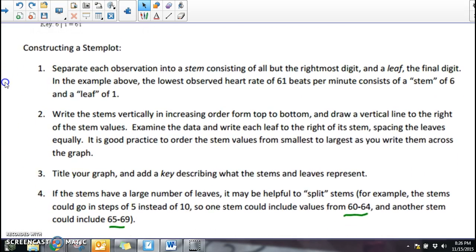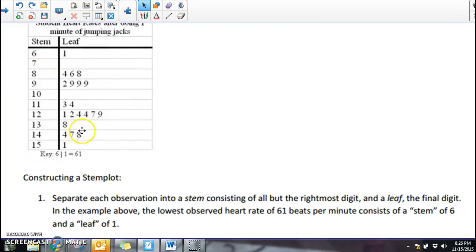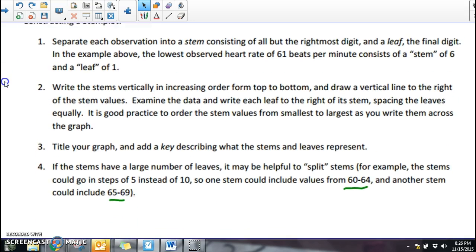So the steps are, and what makes a stem plot nice is you can see the shape of it, you can see the spread, and you can see all the data. And it's always nice to have all the data. We don't use commas, just so you know. They are just spaced out. So we have,